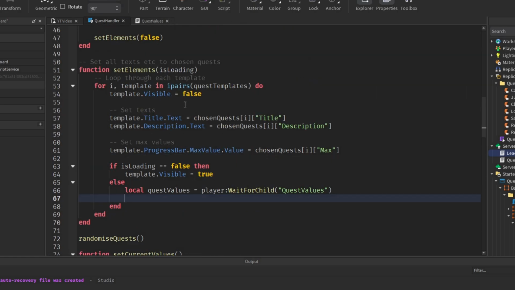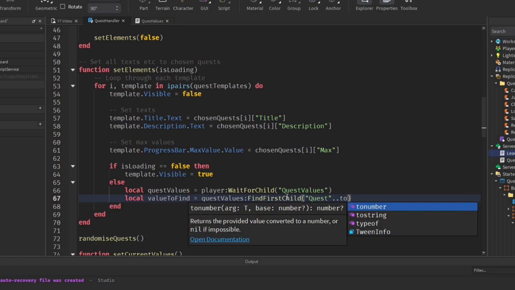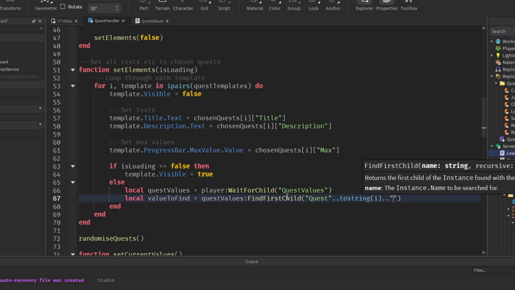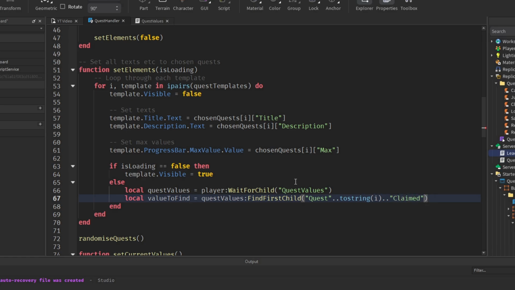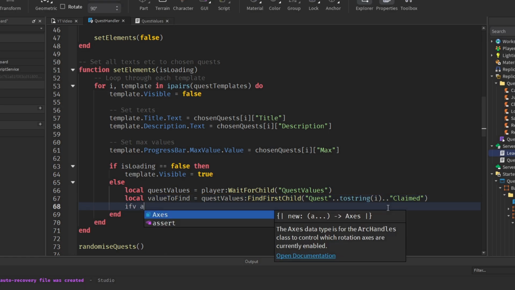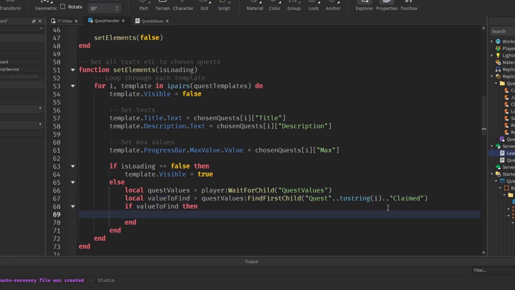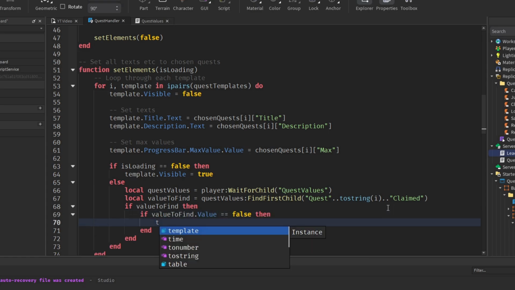And back inside our quest handler, after we get the quest values, let's get local value to find equals quest values colon find first child quest dot dot toString I dot dot claimed. So this will get our quest 1 claimed, quest 2 claimed, or quest 3 claimed value. And then we can say if value to find, then if value to find dot value is false, then we'll set template dot visible to true. So